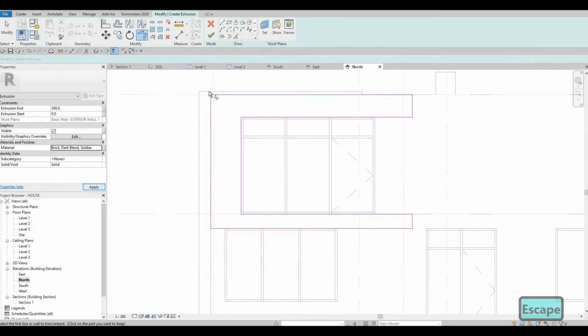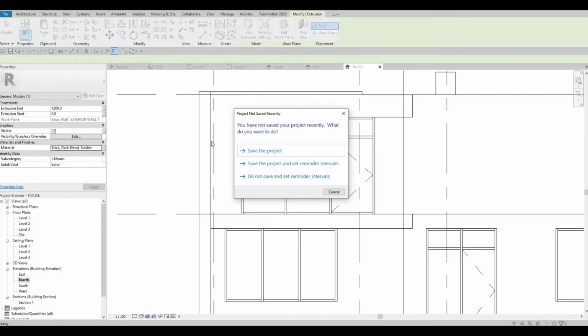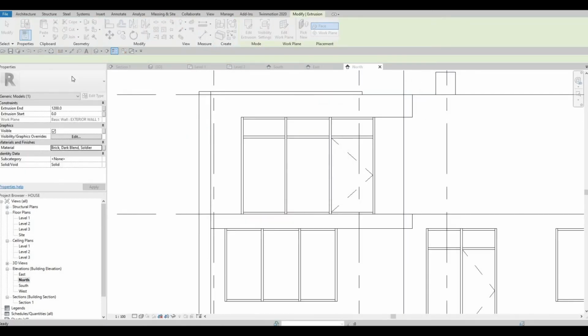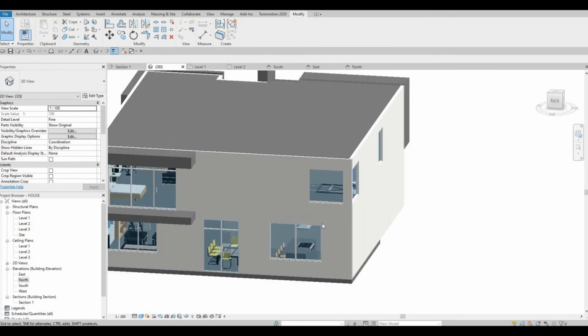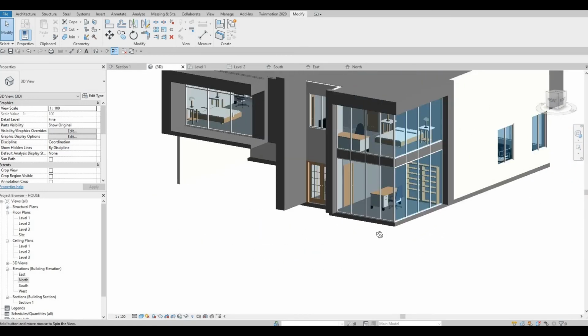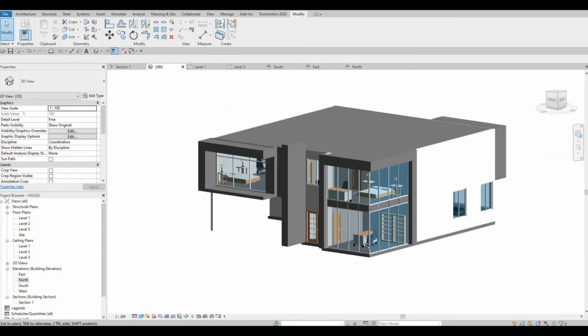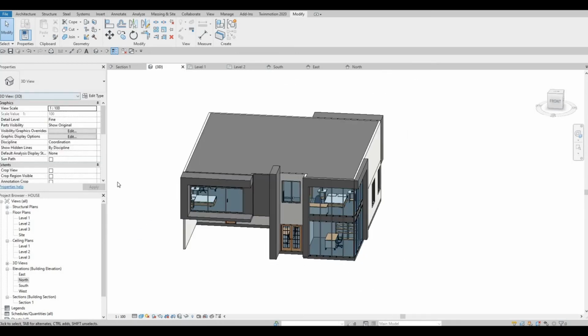We could leave it this one, it's the same thing, same materials that we added on the other side. And then let's go to 3D and let's leave it like that for that side. And let's add in